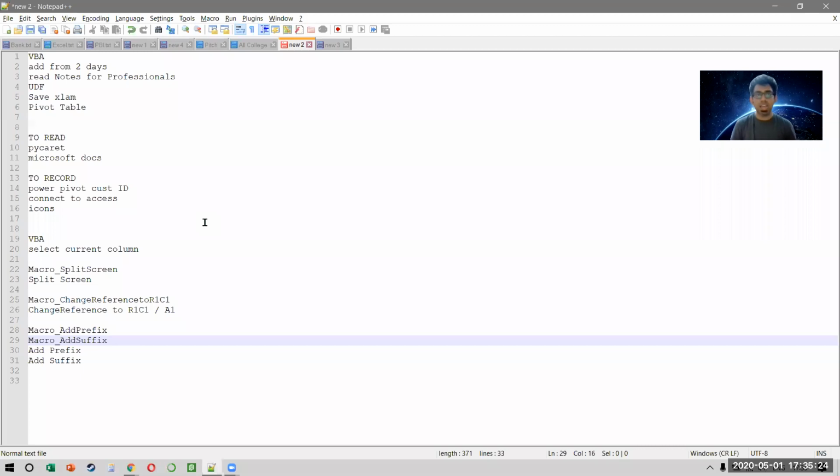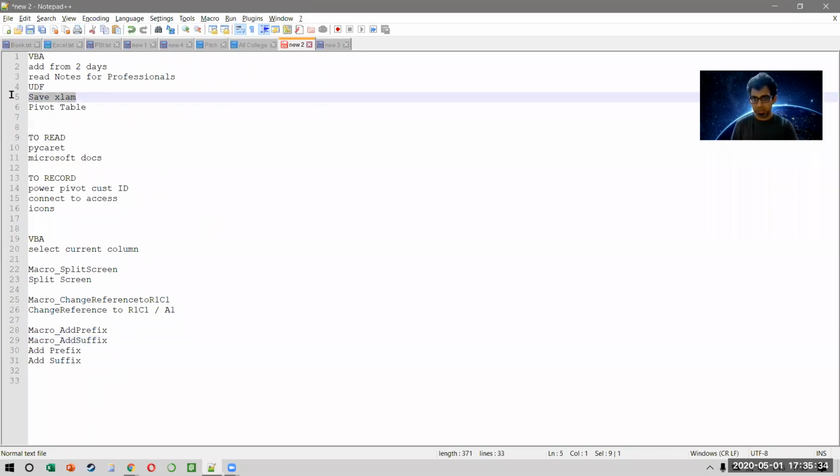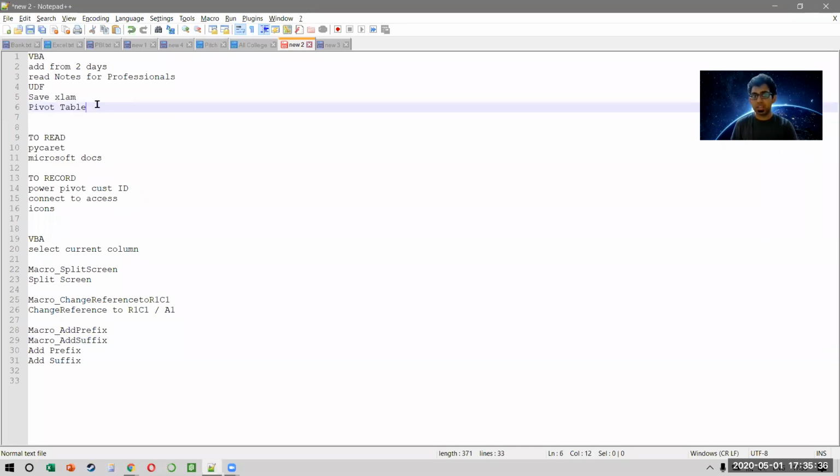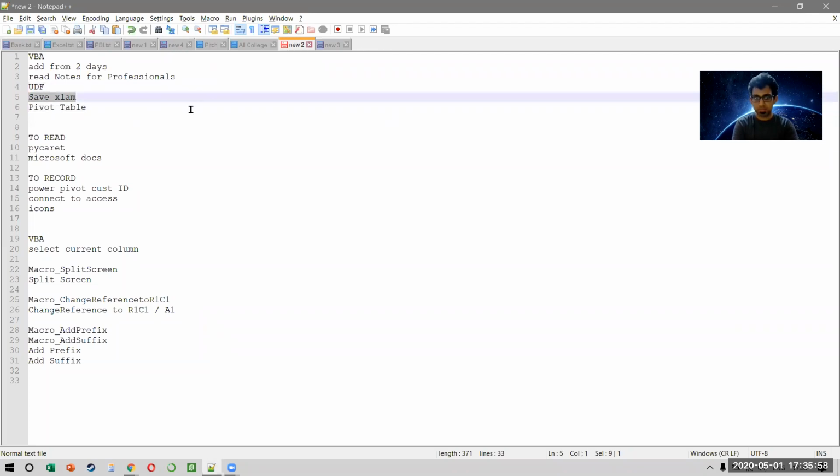Okay, so I made a small agenda for today, and this is what I was thinking that we can work on. I wanted to show you how you can save an XLAM file, this one, and I also wanted to show you how we can create a pivot table. The pivot table example is a very large example and one of the most practical ones because when you're automating tasks, one of the most important things that you do is to make a pivot table. It's going to be a little difficult, but we'll take it up as a challenge and see how to work with this, right? But before that, I want to show you how an XLAM works.